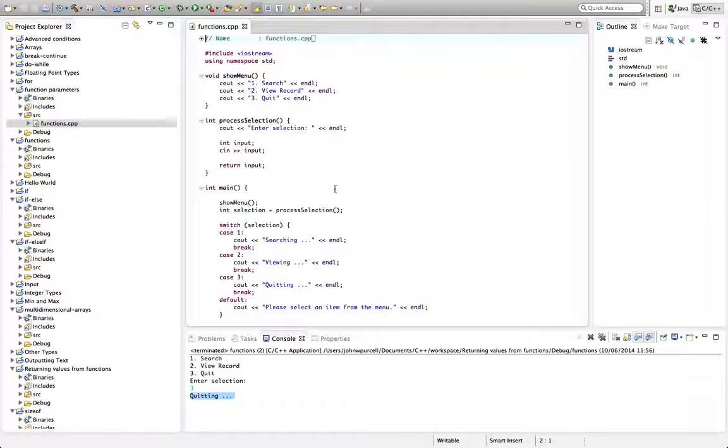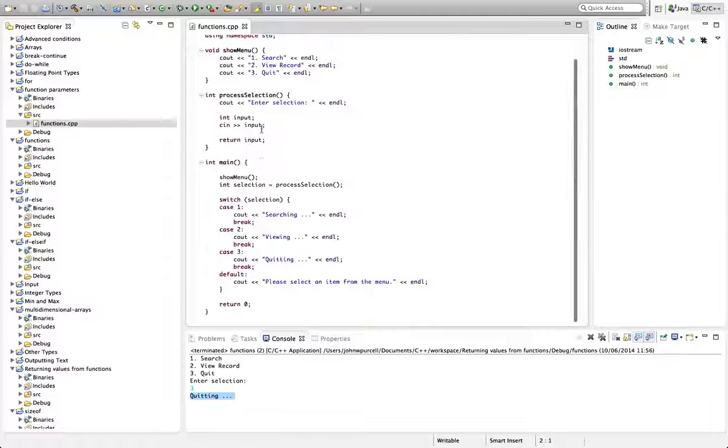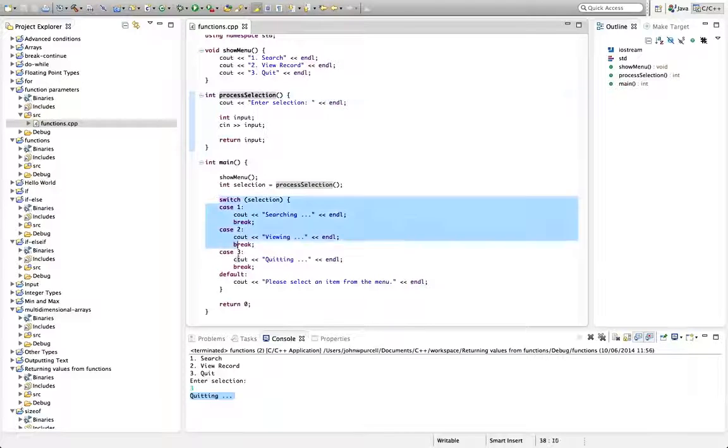In this tutorial, we're going to look at passing values to functions. So here I've got the code from the last tutorial, and I'm going to start by changing this, because one thing I forgot to do in the last tutorial was rename this function. This function that we created is called process selection, but it's actually just getting user input, and the selection is